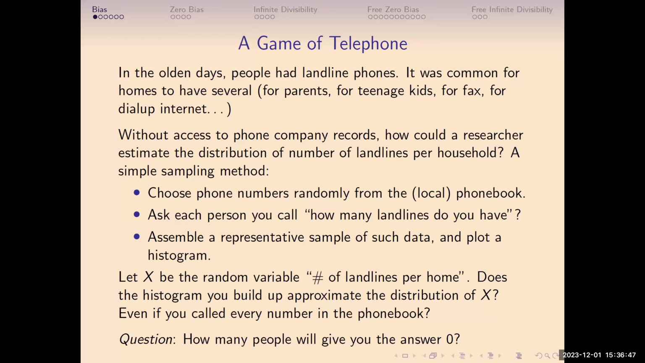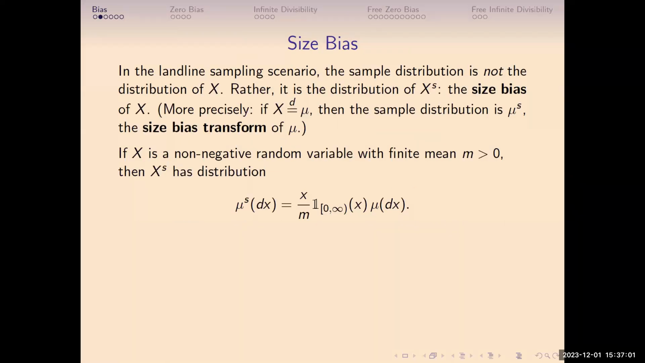Likewise, if you want to know family size, and you ask, how many brothers and sisters did you have? No one ever says my parents had no children. So clearly this is not a good way to take a sample. Okay, but this is what's called size biasing, and it can be applied to any non-negative distribution with finite non-zero mean. So if you had a distribution mu,